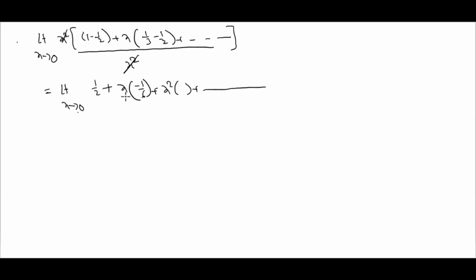So limit x tends to 0, from the second term, x into this value is 0, x square into this value, total value is 0. That is equal to 1 by 2. This is the k value. Now we find 12k, that is equal to 12 into 1 by 2. So 2 sixes, cancelled, that is equal to 6, answer. Therefore 12k is equal to 6.